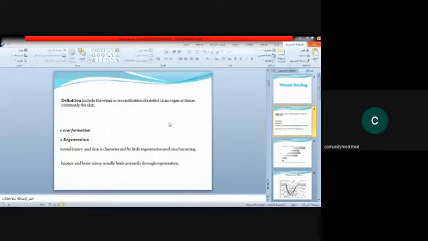And this is a very nice way to repair, and it's the preferable way of repairing tissue and organs, but not all tissues can do that. Hepatic tissue has the ability to regenerate to a very high degree. Bone fractures can regenerate very well, repairing and reconstructing the bone to its original shape and function. On the other side, scar formation is the usual way of healing in skin, for example, and neural